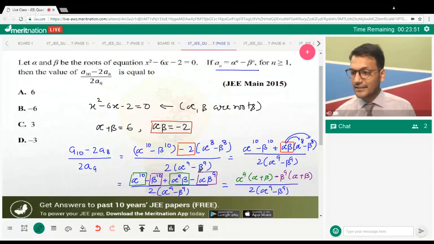And then we're going to get something like this. Over here, if you take alpha plus beta common, I've just manipulated it. I've replaced the value -2 by alpha beta out here. So -2 is being replaced by alpha beta. I hope it is clear to you. Thereafter, I've taken common from these two and these two, and then I can take alpha beta as common. So what we're going to be left with